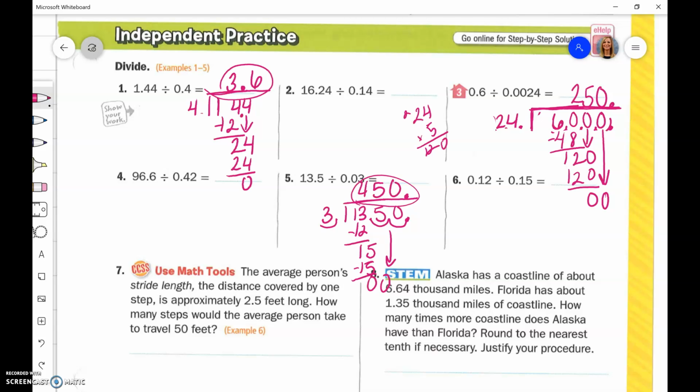Okay? Again, that was a crash course on just division. The only thing you have to remember is if the whole number is on the outside, we're just going to move that decimal point up. We need that